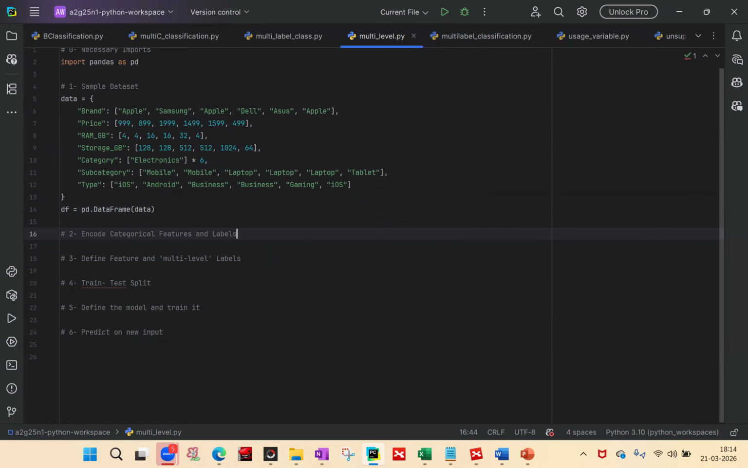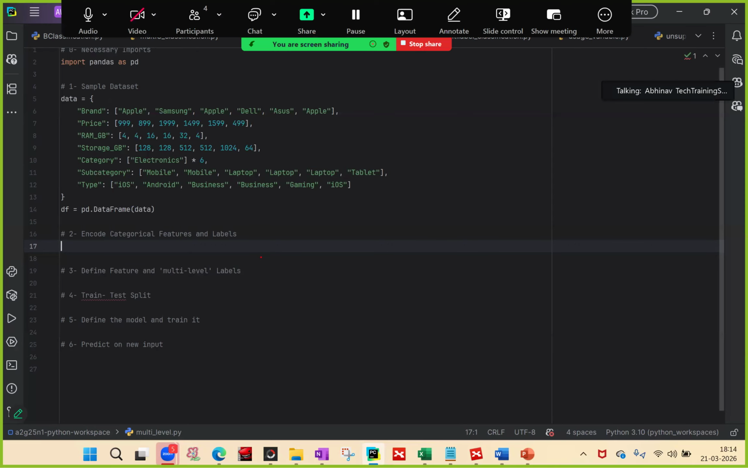Perfect. Now what we will do is encode the categorical values and labels. So what are categorical values? First, this has categorical values, and this has categorical values. So for all 6 entries, it is electronics only. Categorical value means something which is a string and not a number. Price, RAM, and storage GB are numerical, and we don't need to encode or convert them into some other format